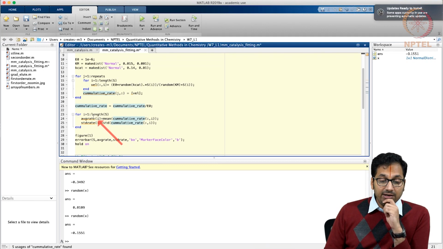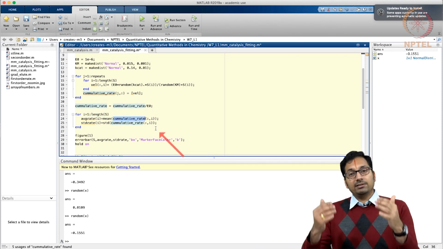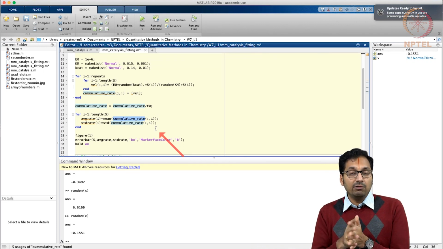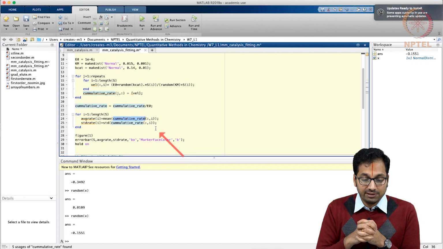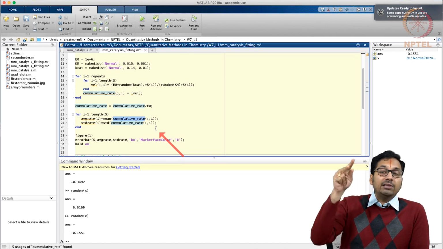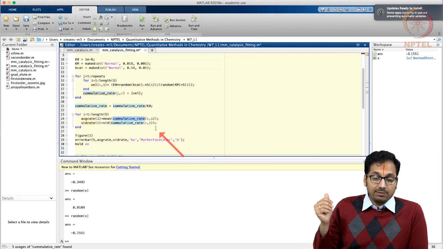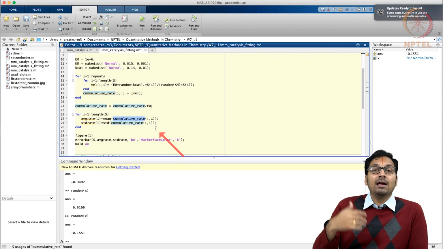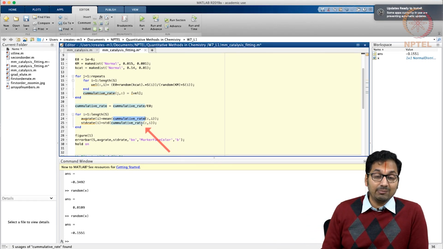Then the next step is that for the length of S, meaning however many repeats have happened, I am trying to get the average of the cumulative rate. So basically this cumulative rate right now will be a 2 by 11 matrix, because you have 2 repeats and 11 concentrations of substrate, maybe even more since I added a few, and now it will find the average for these 2 repeats. When you are doing 10 times, this will be a 10 by n matrix, where n is the number of substrate concentrations, and now it can determine the average and the standard deviation in each of these separate steps.